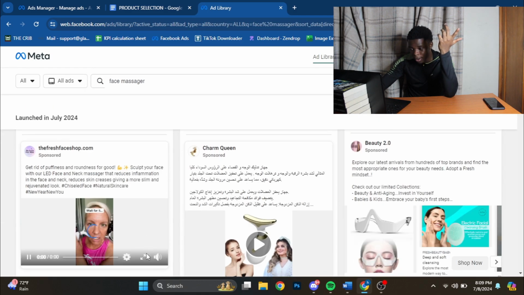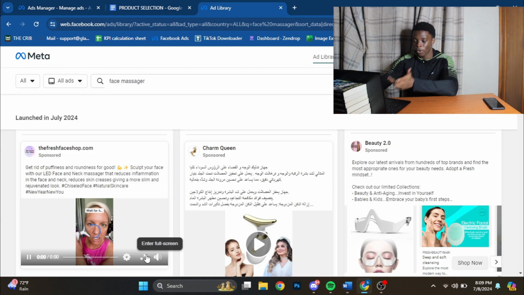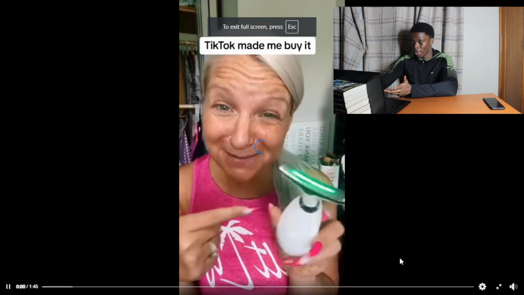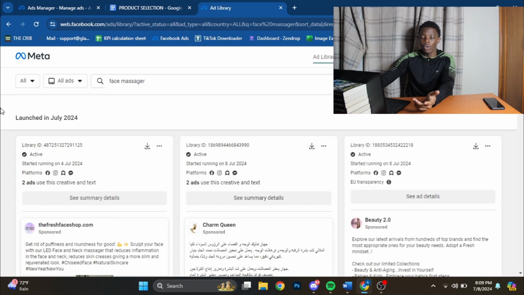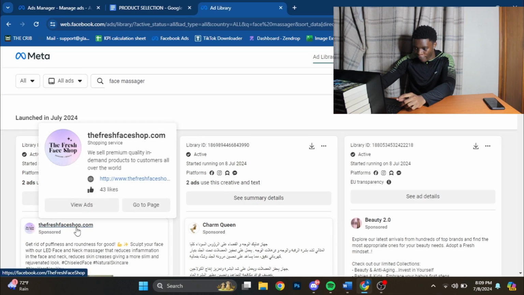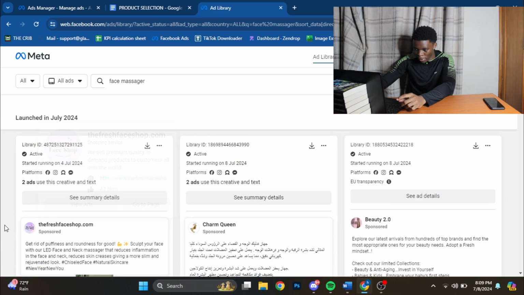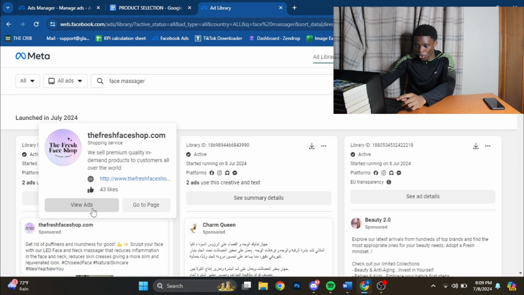And there we go. Almost immediately we found a competitor for that product. Made me buy it. It was all over my TikTok, so I was like, and once I find these competitors, I go to the Facebook ads library to find out how long they've been running ads, how many ads they have. I look at their website so I can borrow some images, and I also look at the countries that they're selling in. Now to do that, you want to come over to where you see the name of their page. Right here, it's going to be above the ad copy, and then you just click